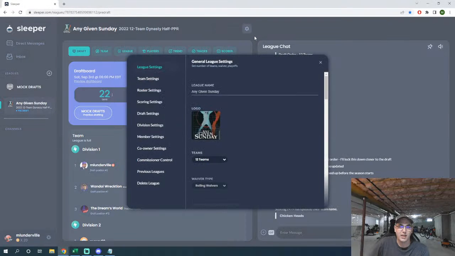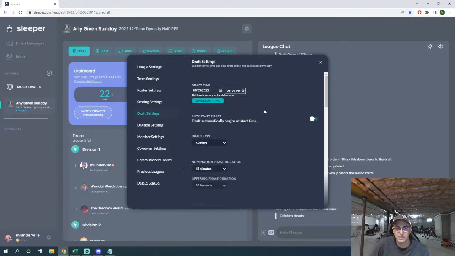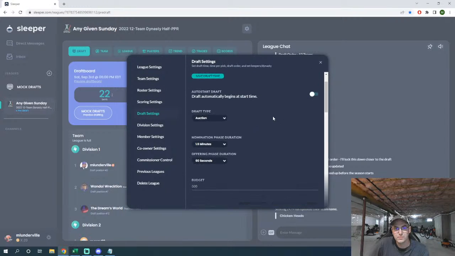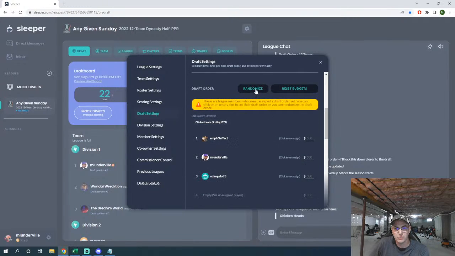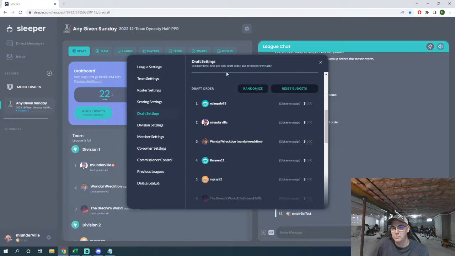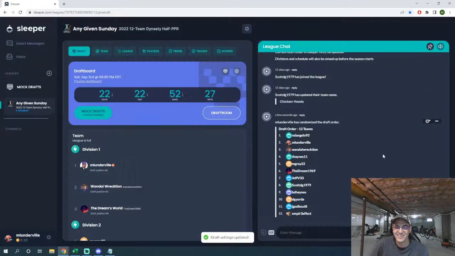So I am going to do that just in Sleeper. So I will open up the draft settings and click randomize. Easy as that. Okay, so this is the draft order this year. It looks like Nick's going to go first. I will get second. And keep in mind, this is an auction draft, so the draft order doesn't matter too